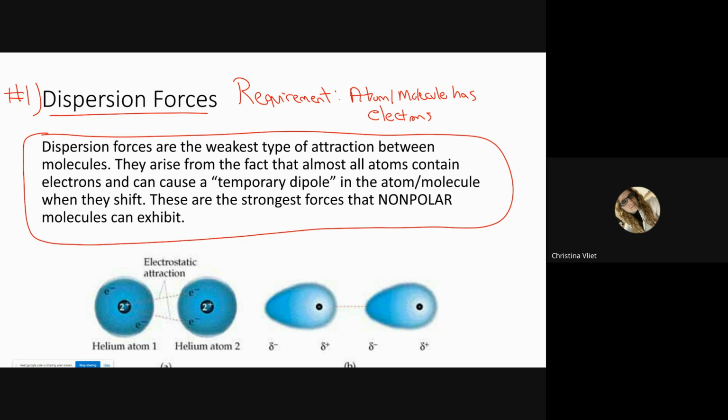If a molecule has electrons, well, electrons move. And in the electron cloud, the electrons can move temporarily to one side of the atom or molecule more than the other. And so we end up with something called a temporary dipole. Temporary means it doesn't last very long. As long as there are electrons, the electrons can shift in the molecule. These are the strongest forces that nonpolar molecules can exhibit, and single atoms. So nonpolar and single atoms